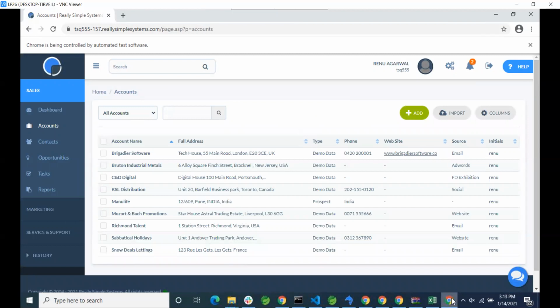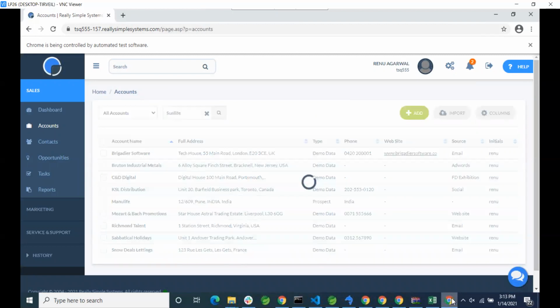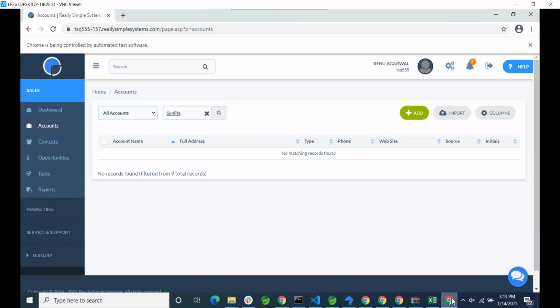Now we want to verify whether the account is already present or not. System is trying to search whether the account is present, performing the search operation and verifying. And you can see that there is no record present with the name Sun Life.